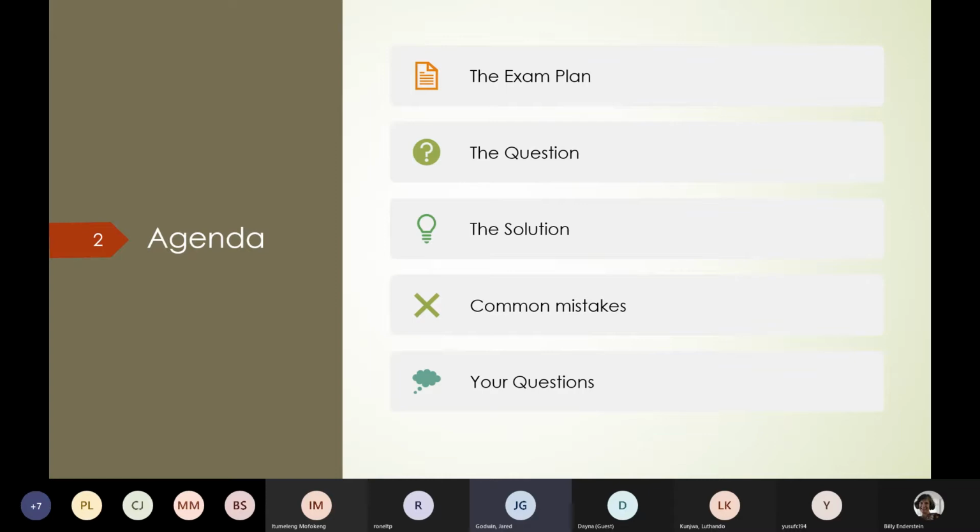And we'll look at question 1 and 2, as I say, of that assignment, and go through the solution. And hopefully, I'm sure a lot of you have seen the solution, maybe not, but we'll go through that. And then just what the common mistakes are particular to this question, the question one we'll go through